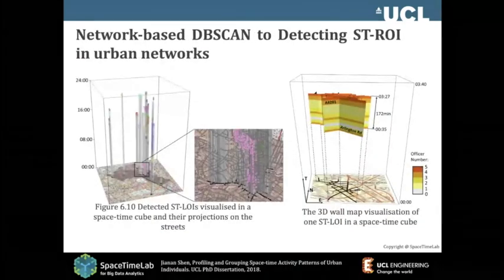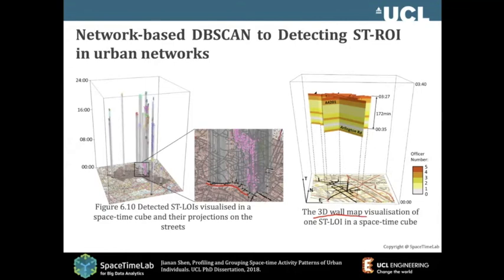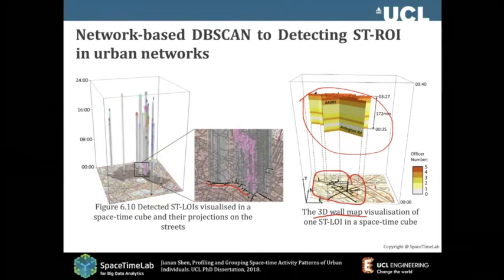Again, we move to networks, so we can do network-based DBSCAN. We can really find out there are activities around the networks, and then we put them into visualization. Of course, I think Yusuke is the expert in these 3D world maps. If we project them to spatial, they are actually focused on the networks. In this way, you can really say which street is the most focused on or patrolled. So this is the clustering.